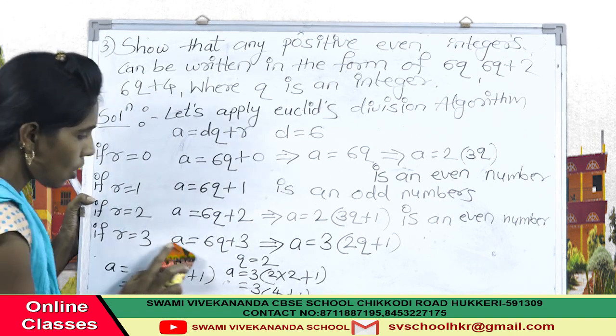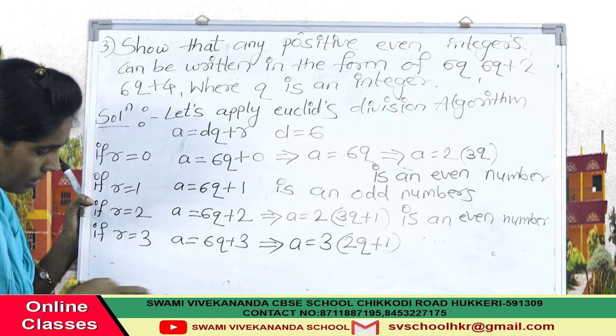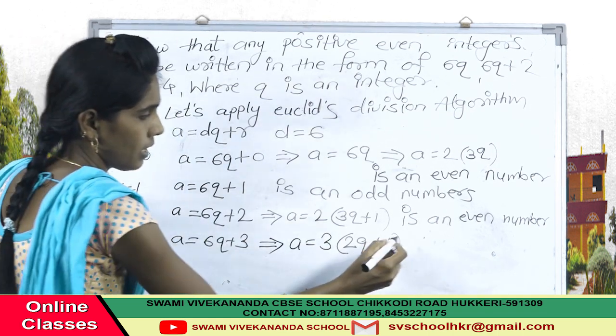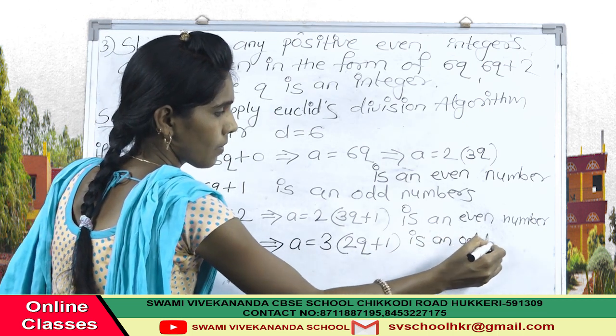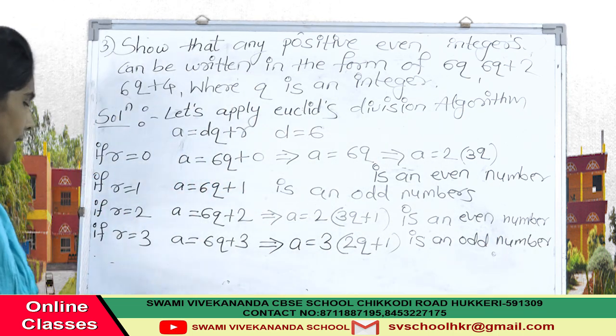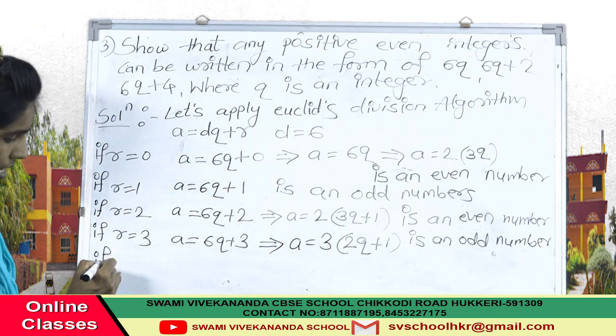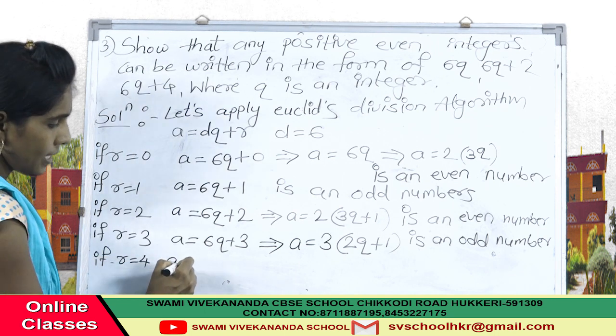So it is an odd number. Write down in front of the odd numbers: is an odd number. Next, if r is equal to 4, a is equal to